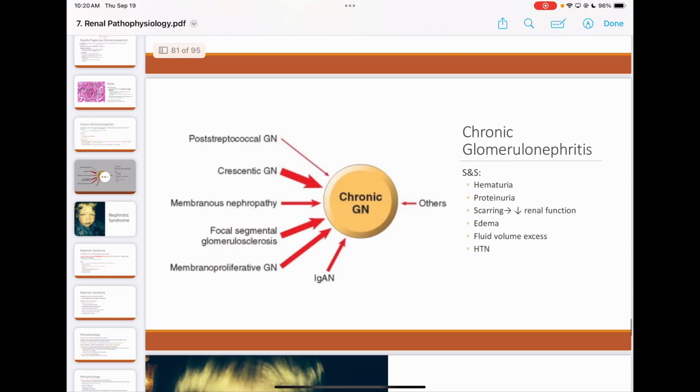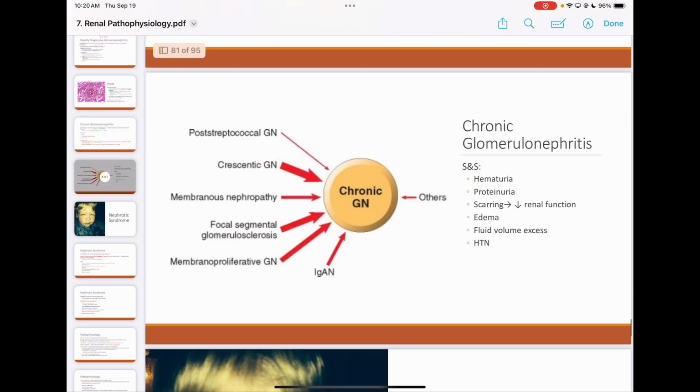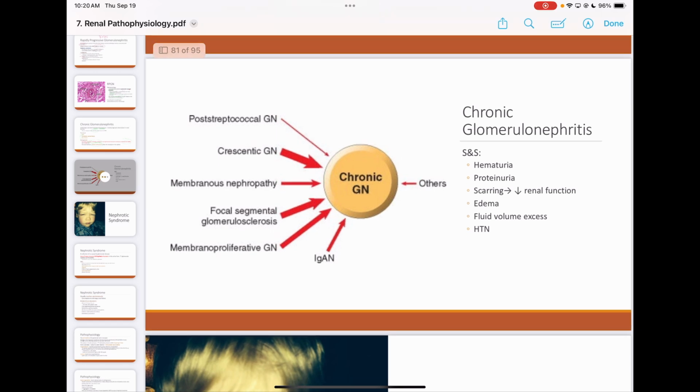Okay, so looking at, again, chronic glomerulonephritis, signs and symptoms: hematuria, proteinuria, the scarring is big. Remember the scarring. When you scar something, that function is lost. It's never coming back. The more scarring you have, the more loss of function you get with your kidneys. Edema, fluid volume, and hypertension. Okay, so these are your signs and symptoms of